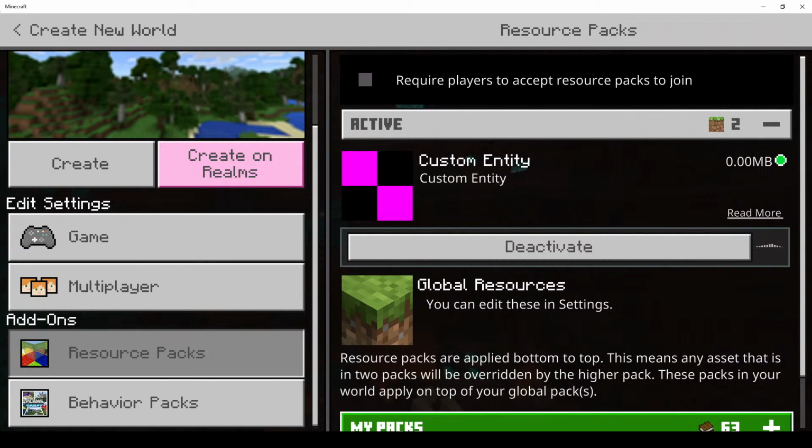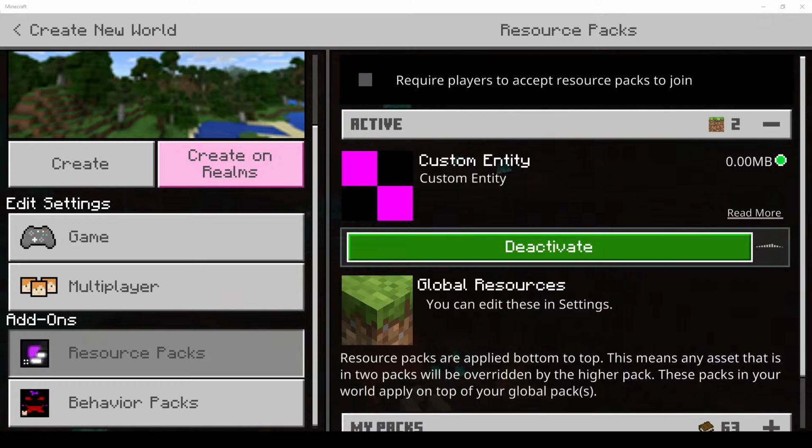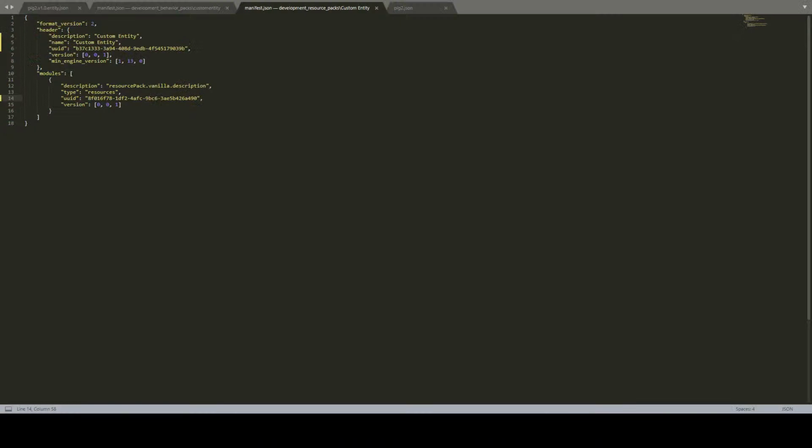If you didn't want it to automatically add the resource pack, you can just remove this part, the dependencies. You just select it, remove it with a backspace, and then you save. There. So that's all you have to do